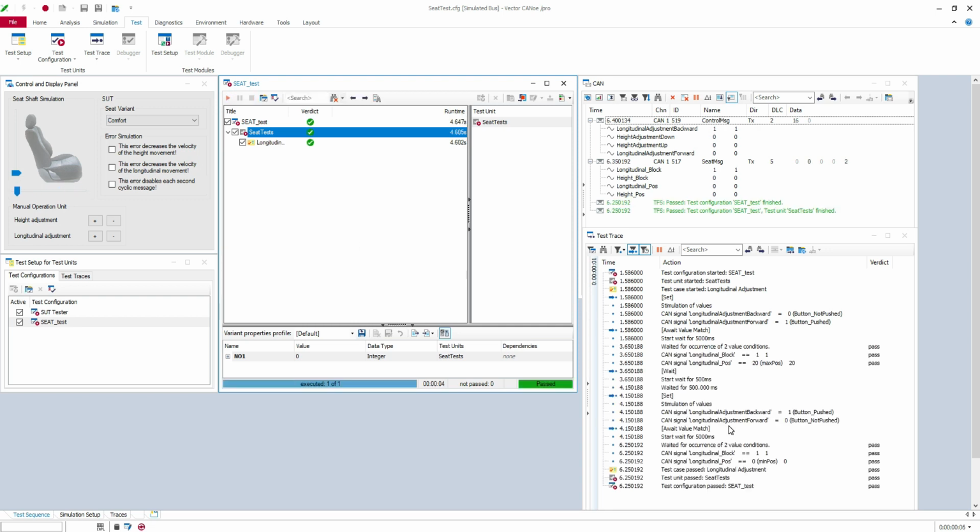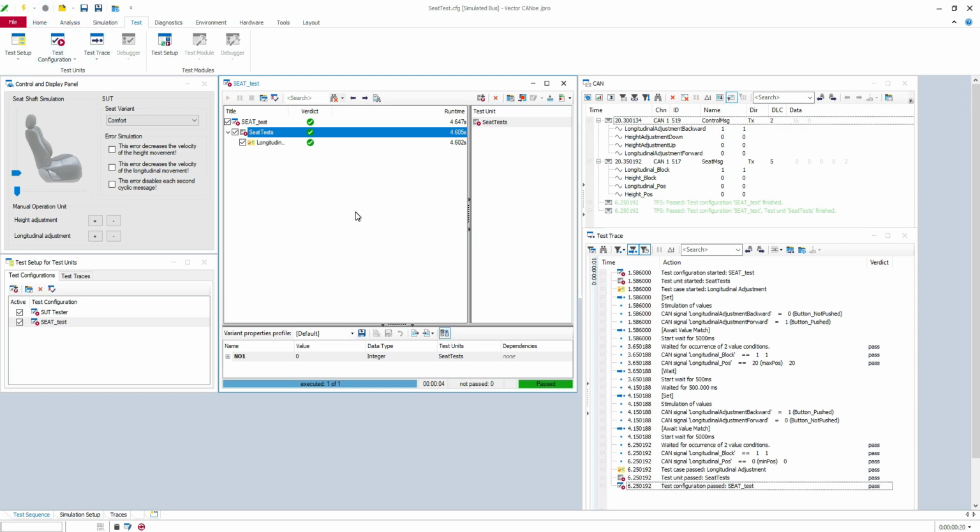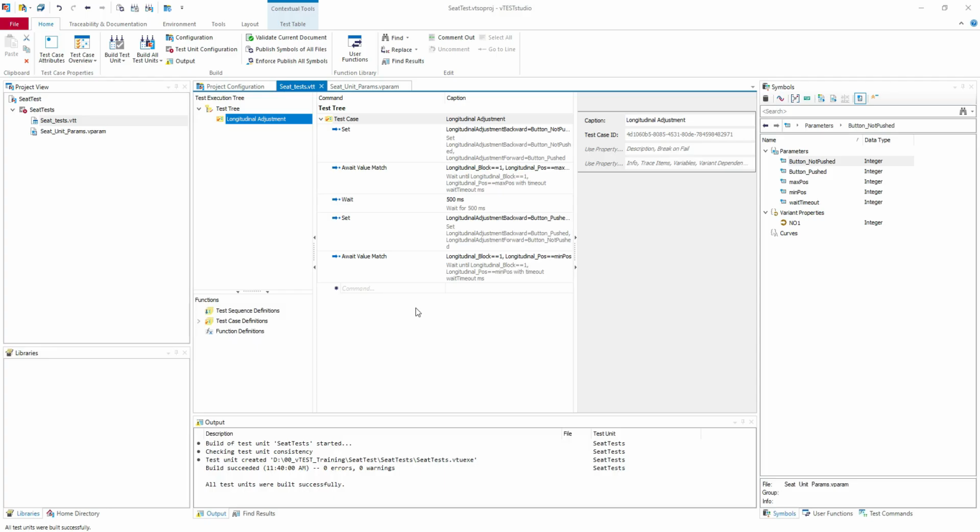Test and test. So you can see in the report you have the name of your parameters too. So max position, button pushed, button not pushed. It's more explainable, it's easier to understand what that value represents. So this is another plus. Okay, this is for the longitudinal adjustment. Let's create another